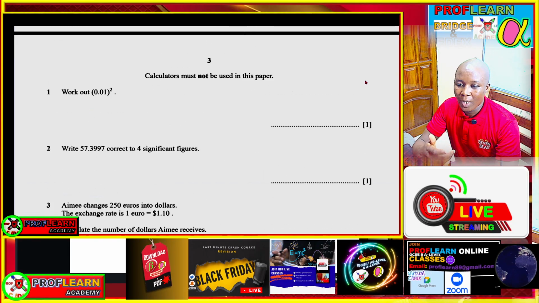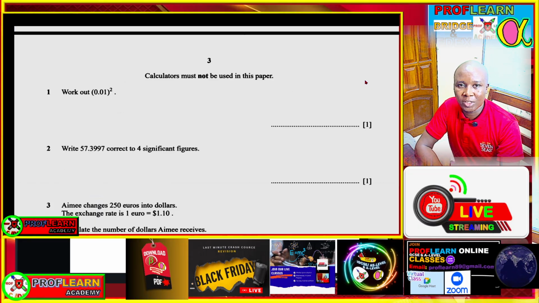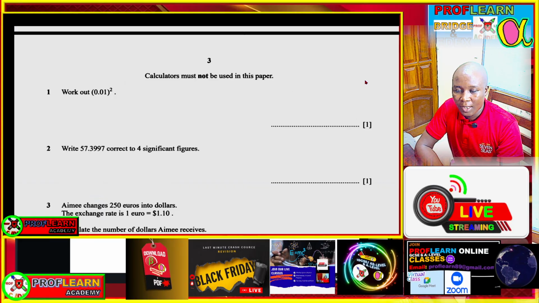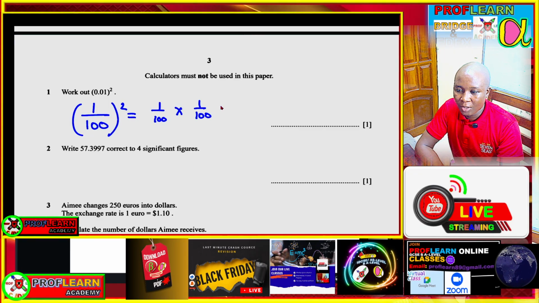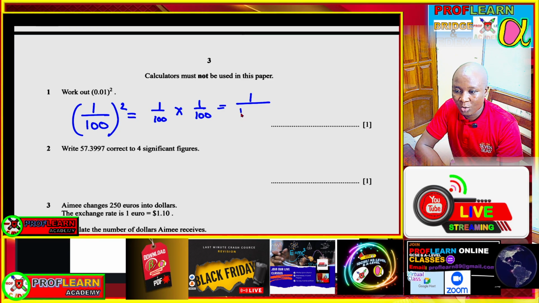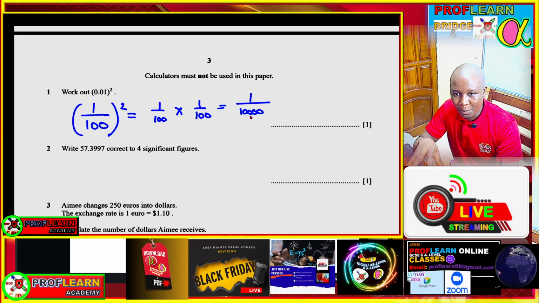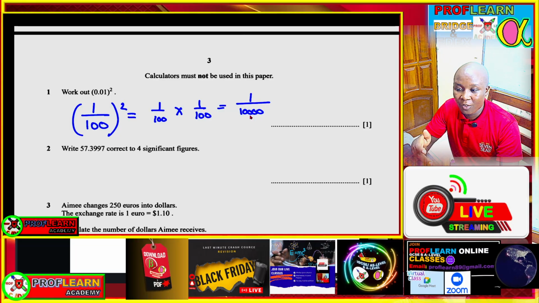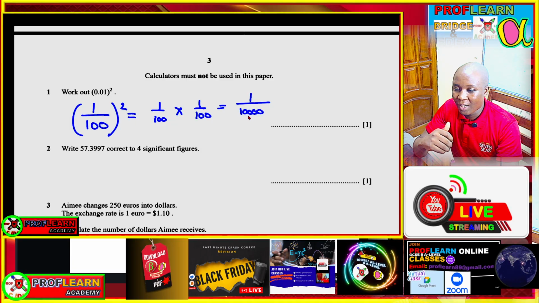The first question was: work out 0.01 squared. So you can be told to find squares of decimal numbers, squares of fractions. In this case, you are supposed to express that as a fraction, and that is going to be 1 over 100. Then squared means you're going to multiply this number, and that's going to be 100 times 100. You get 10,000, and 1 times 1 will give you 1. So if we express this number that we have gotten now, 1 over 10,000, we are going to have our decimal